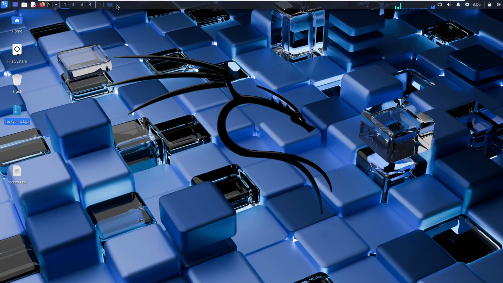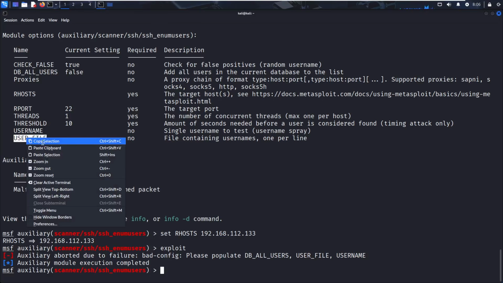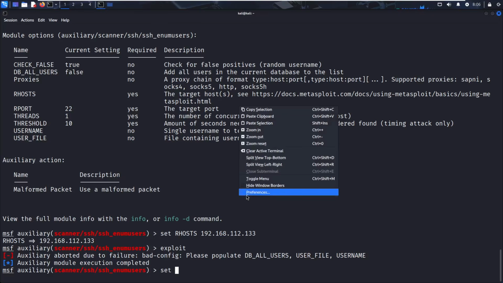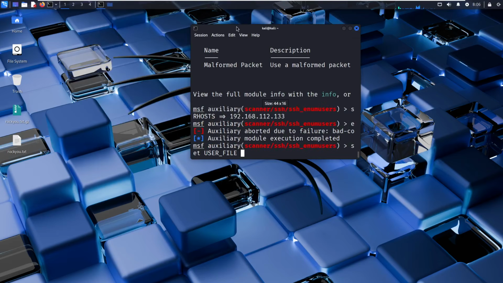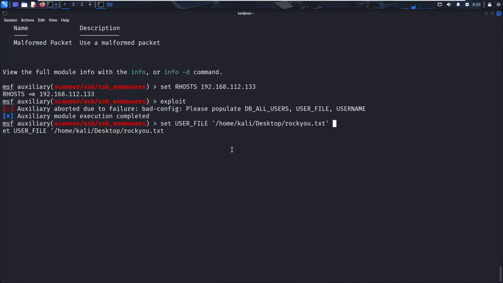Now what I need to do is, see, after extracting this rockyou, how to set up the user file here? Simple, just type here set, the exact same name, set user file. Okay, and drag and drop the location there. Just drag and drop the file here like this. See, we successfully did what? We successfully dragged and dropped the location. Let me exploit again. Now once I click on